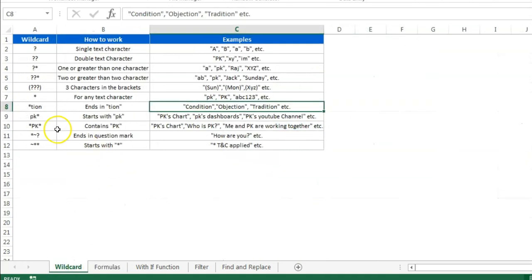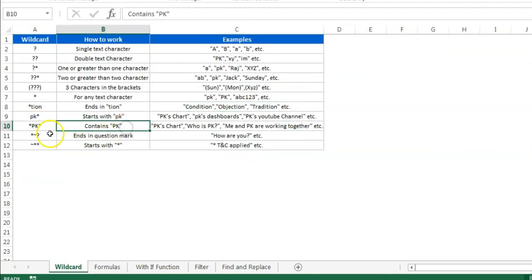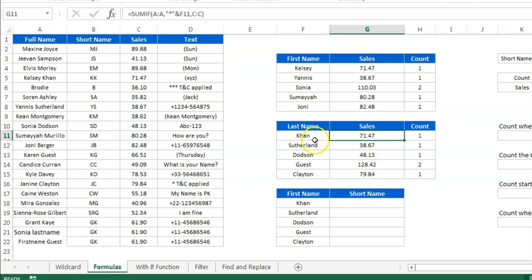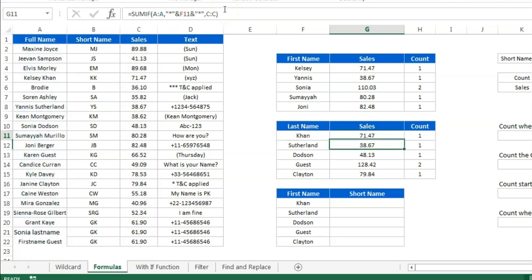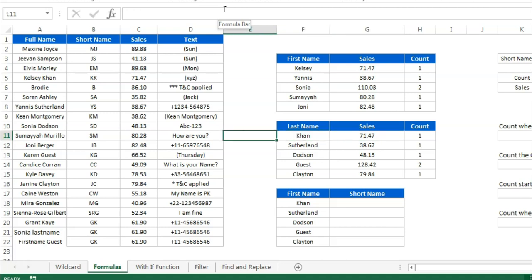Now I'll tell you the next wildcard, which is the contents. If you think any character or text is coming anywhere, either in the first, last or middle, anywhere in that string, then you can use the asterisk sign on both sides like this. Okay, so it will get it from anywhere. Let me show you the example.